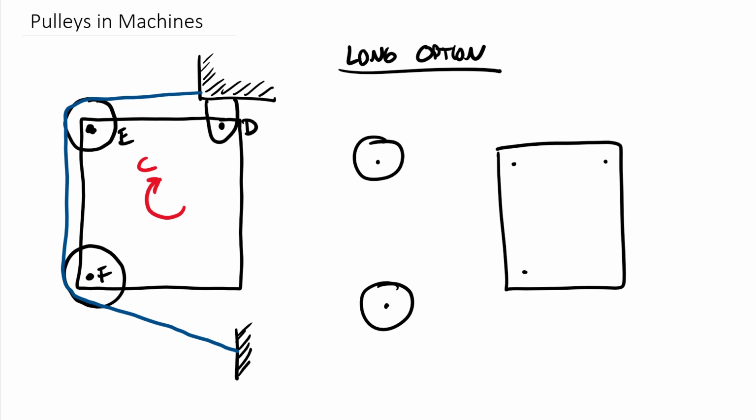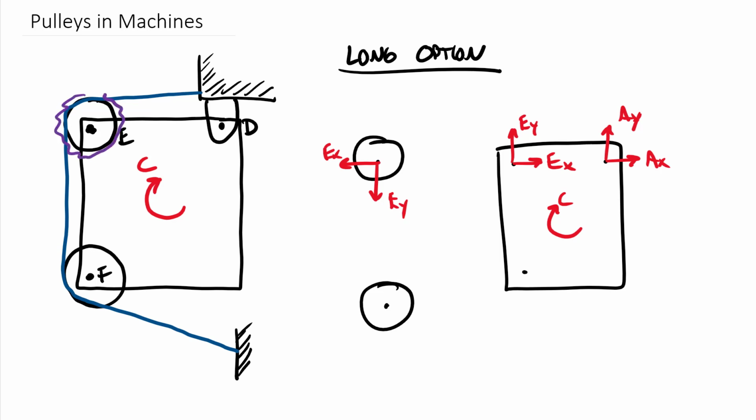All right, so the body, let's go ahead, we had this applied couple. We have a pin at A, AX, AY. Now I have also a pin connecting the pulley at E to the body over here. So let's go with the forces on the body, horizontal and vertical, equal and opposite over here, downwards. Now I also fundamentally, as I was drawing this system, I cut away, not only away from the body,